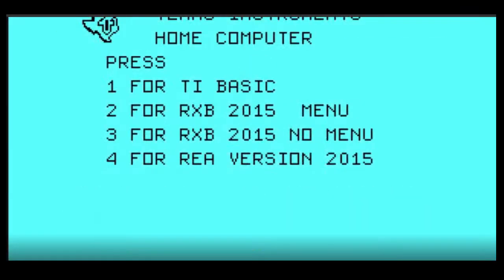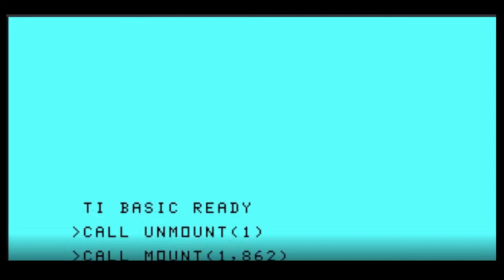So we'll quit this and try a different disk here. Say bye-bye.